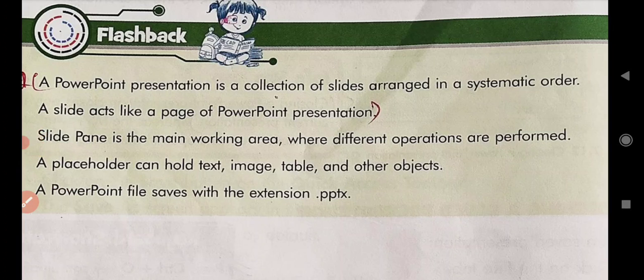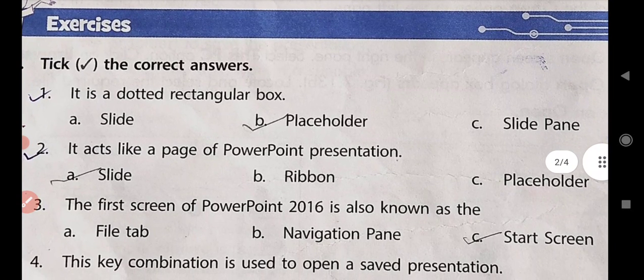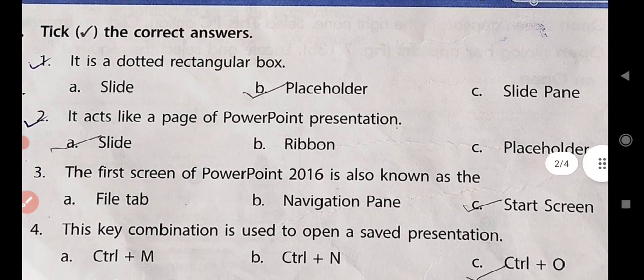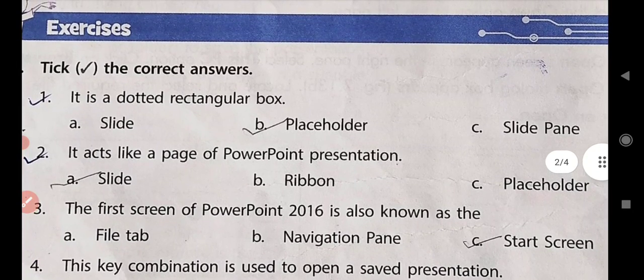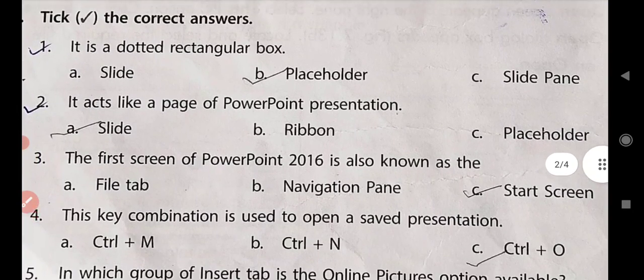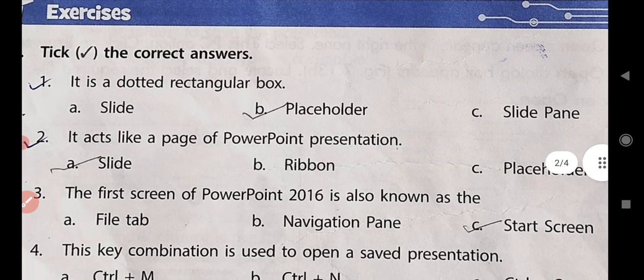So this is the summary of the chapter. Now let's start the exercises. First one is tick the correct answer. In this we have to do 5 questions. The first one is,